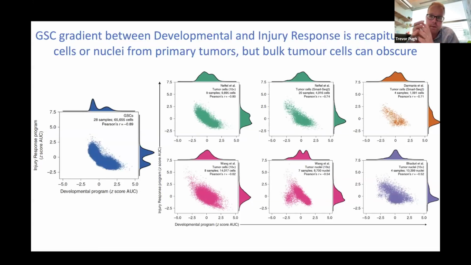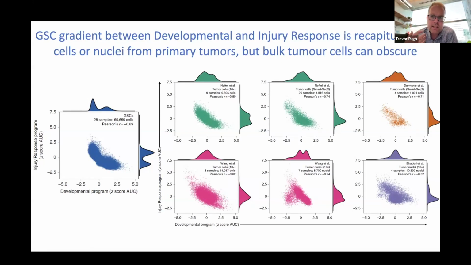So when we got away from the cultures, now we wanted to go back to the tumors and ask, do we see these same signals in bulk tumors? So these are GSCs. You have these really nice, clean populations that are either development or injury. If you look at other groups' data, you can see the signal is in there, but it's kind of obscured by the bulk tumors. So you sort of get these little peaks that are suggesting that there's a stem cell